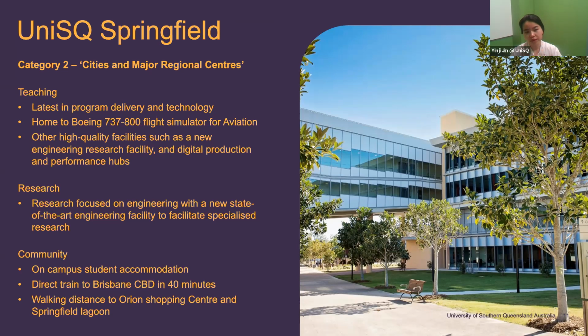So our Springfield campus also has on-campus student accommodation, which is run by Hive. It's a 3-story townhouse residence for our students to use. Price is about $170 per week, and it's located on the campus, in the middle of the campus and